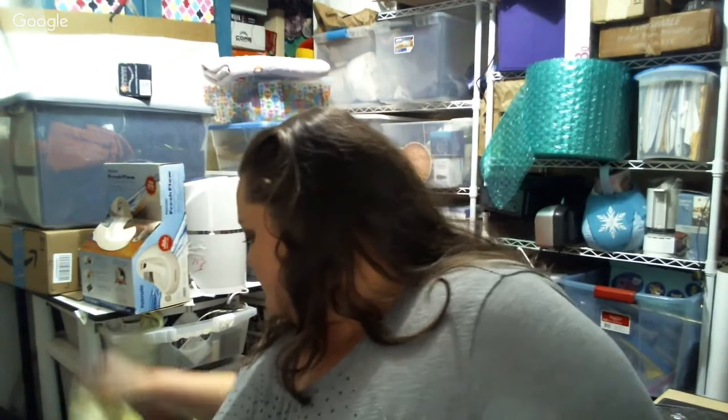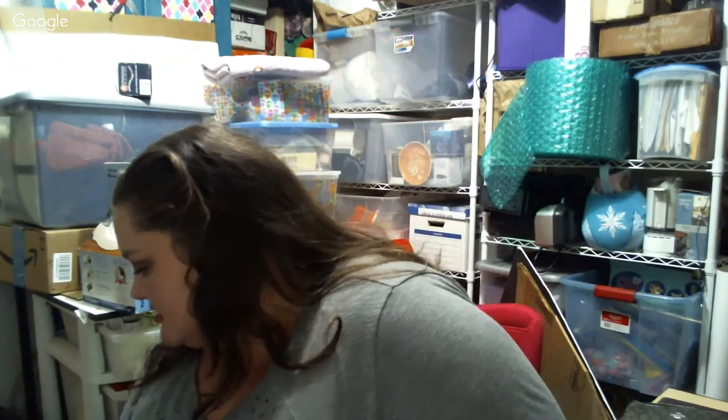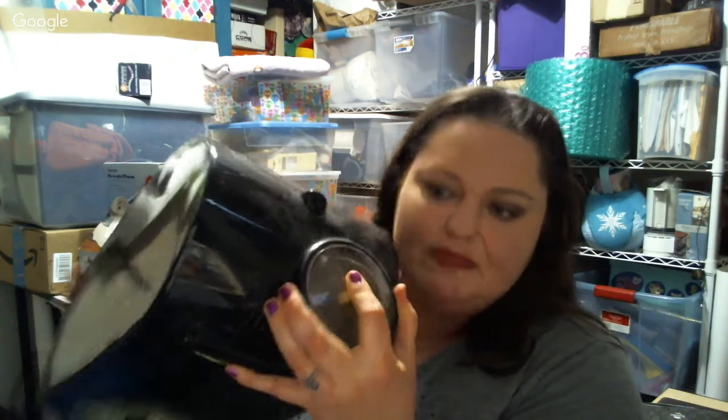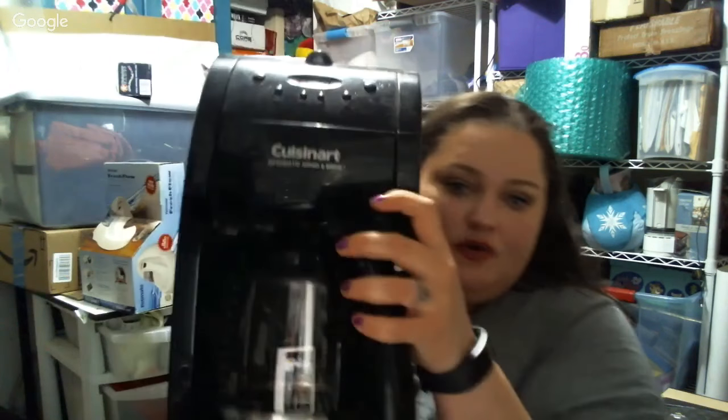Okay, last of the appliances. Hey, look, here's my car keys. Last of the appliances is this machine that I bought specifically to part out because it actually has damage. There's a little crack up here on the top of the grinder. I've sold this machine before as parts, so I didn't have any problem buying it with that crack on the top. This is a Cuisinart